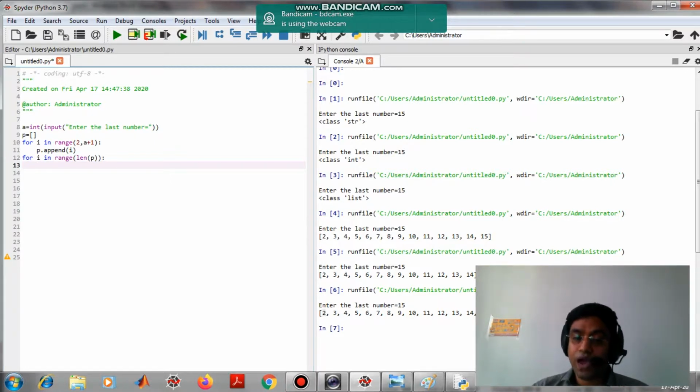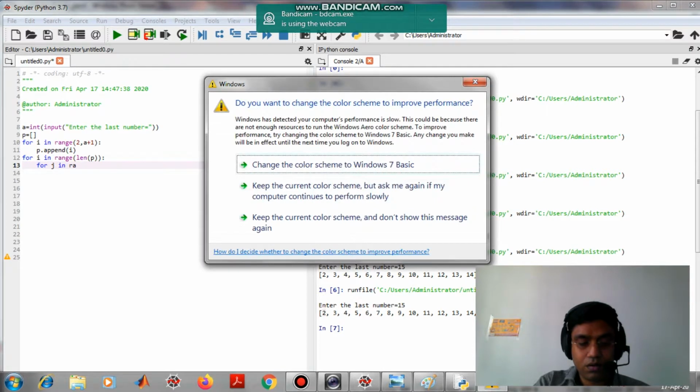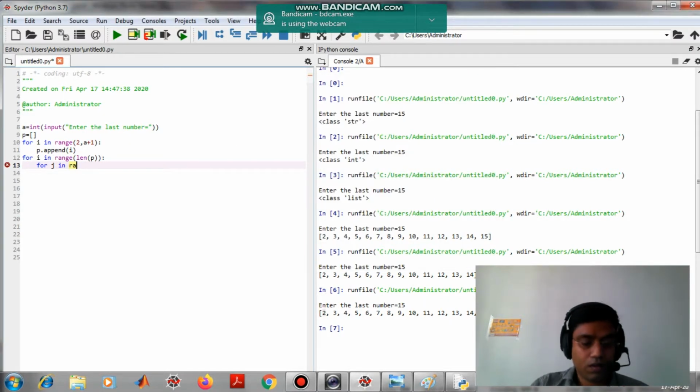Now we have to check which numbers in this list are divisible, so we have to take another loop for checking the rest of the numbers in the list. So for j in range, from where do we have to start?